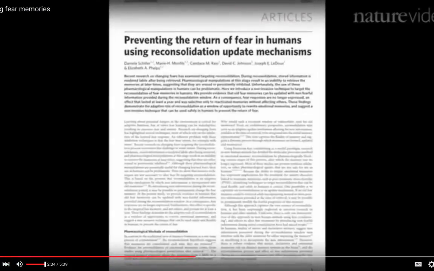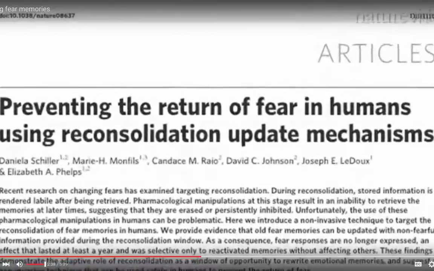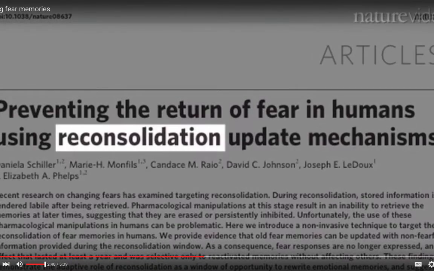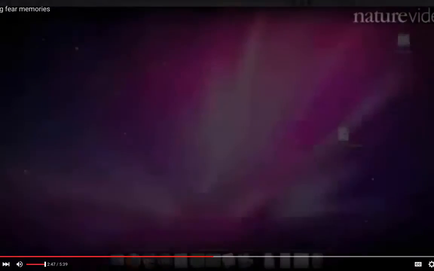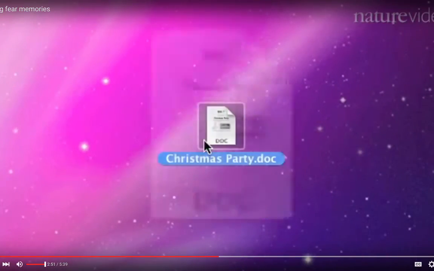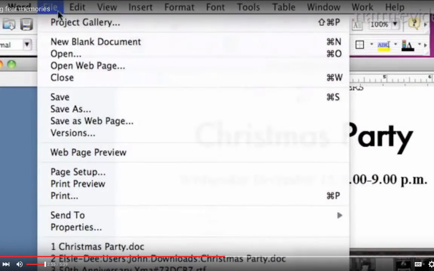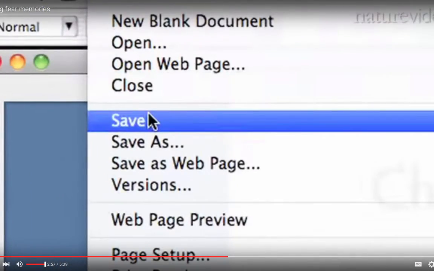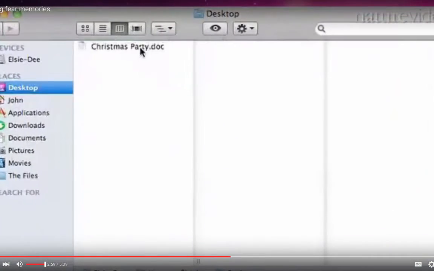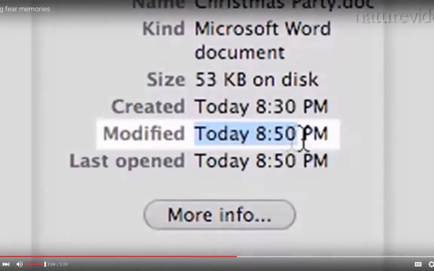The reason why it works is because we take advantage of a phase of memory called reconsolidation. And this is a process that happens naturally whenever we remember something. A nice way to think about it is like a file on your computer. You have a file, a document you wrote, and it's stored. Then you open it, you update it, you put in new information, then you save it and store it again. So now it's stored in a new form. It doesn't create a new file in addition to the old file. You have just one file, but now it's updated.